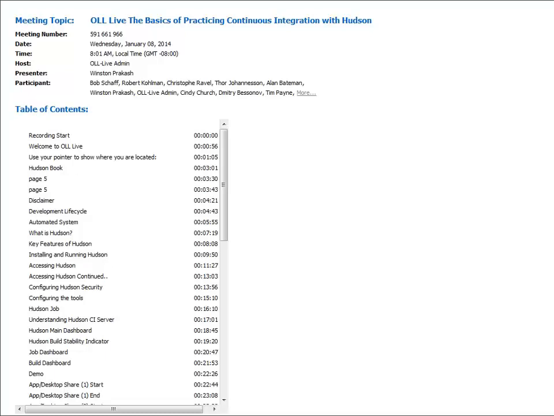Hudson 2 was more or less maintained by Oracle, and in Hudson 3 we moved it to the Eclipse Foundation. So the most important aspect of Hudson 3 is we cleaned up the code base